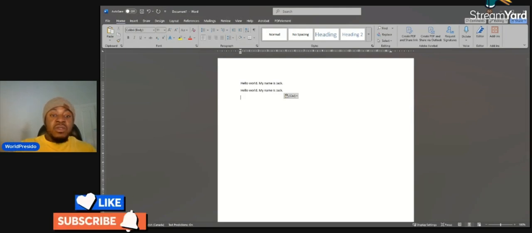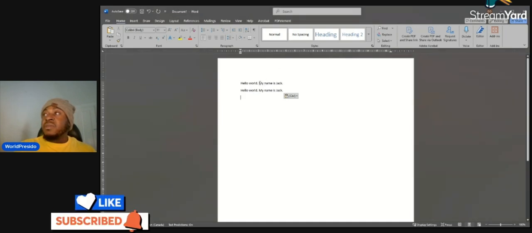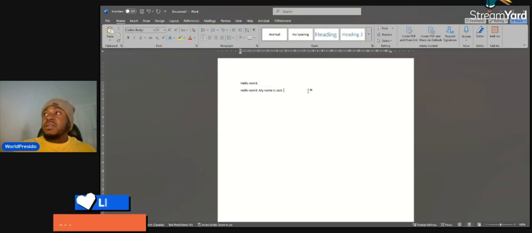If you want to cut, let's say you want to move some information to another part of the document, you highlight that particular information, then you do Control X and cut it. Then I can paste it, Control V. So I want to reverse this. Let's say I don't want this particular action, or I